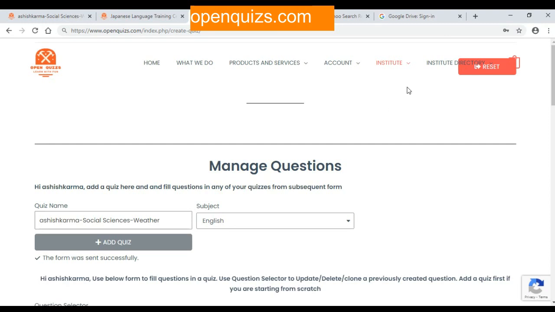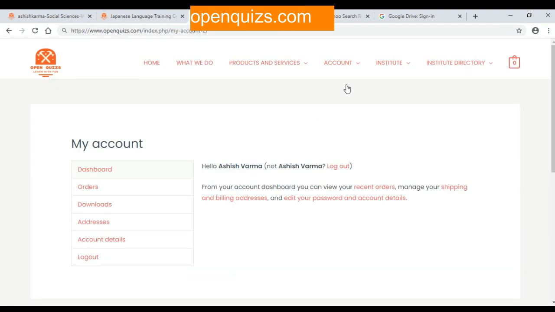Okay, so today I am going to tell you what you can do as an institute, like adding home pages and notices. I will tell you how you can utilize openquizzes.com to create your own home page and to create your own notices. You can send some notices to your students about your language classes or any classes which you are doing, batches. Okay, so how will you do that?